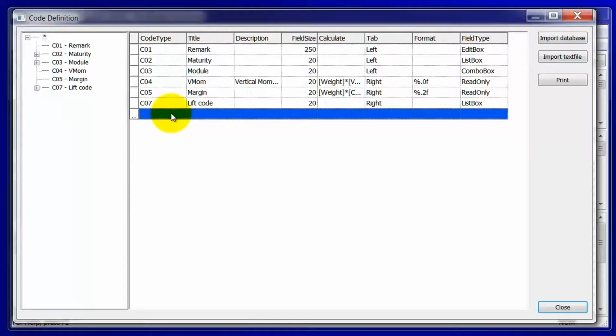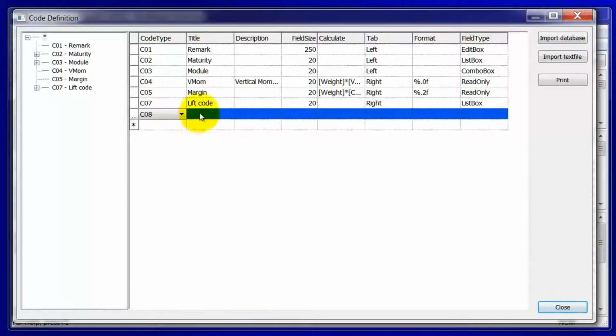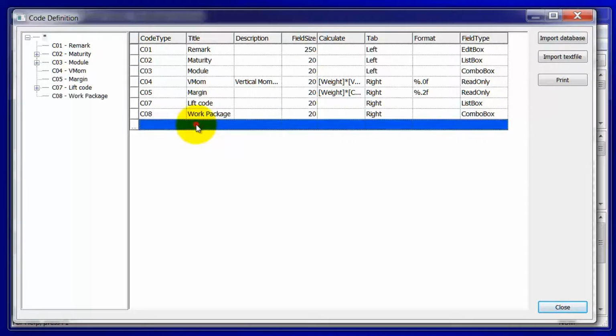So I go into my code definition dialog and I will create a new code, ShipWeight, and I will call this code work package, and I will make this a combo box. And there I have my new code, and now I want to add a few subcodes for my work packages that I can use to group items and check them in and out of the